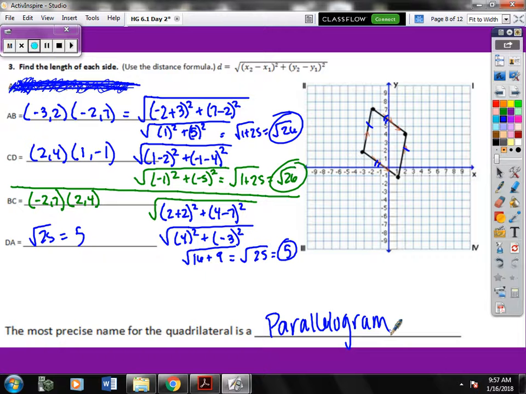Okay, you will see one more of these on your homework tonight, so make sure you do all 8 steps, 4 slopes, 4 distances. And then make sure you do the final answer, that's really important too. That's the whole point of the problem. All right, on the back we just have a couple more numerical problems